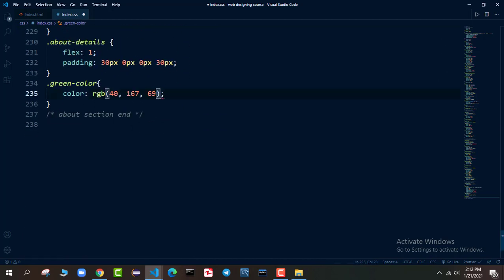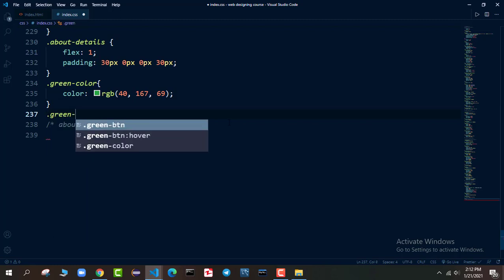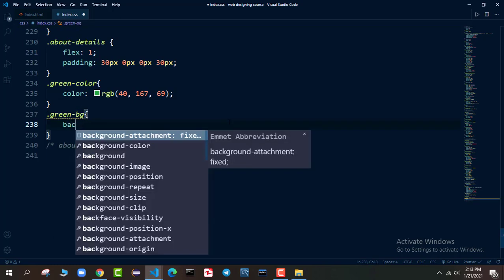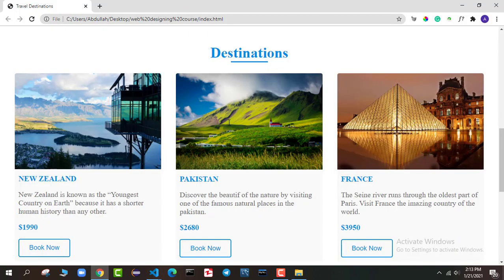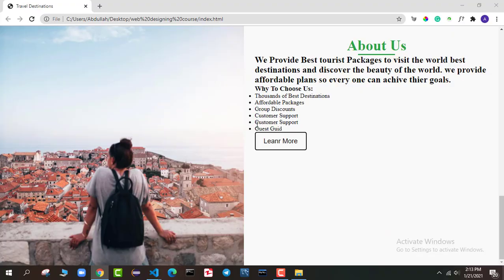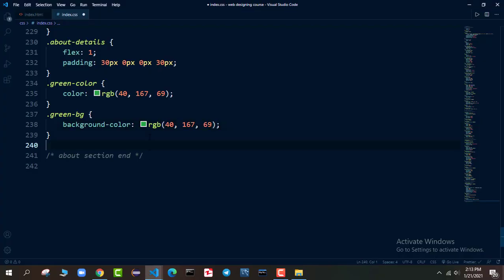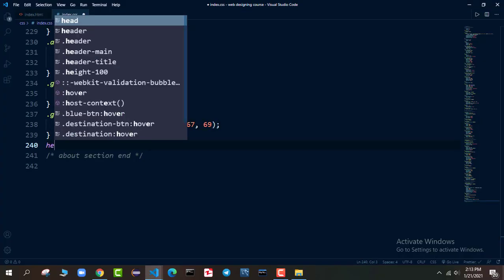So I will apply this green color here, and dot green BG will have the background color is this one. So we will get the about color green and another line. That's beautiful.